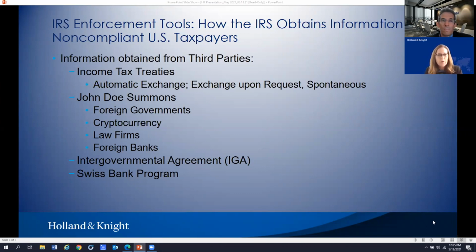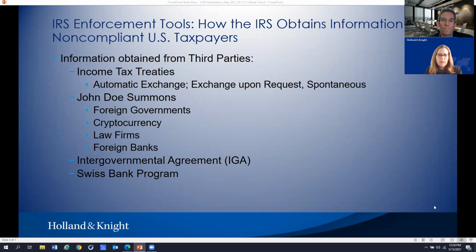So under both model agreements, the premise is that the foreign partner government will require its foreign financial institutions to report or identify US accounts and transmit certain information to the US taxing authorities. So what kind of information is reported? It's the account holders' names and addresses, account numbers, and also the highest daily account value in the foreign accounts. Now, I mentioned there were 2 agreements. Model 1 is the most common agreement.